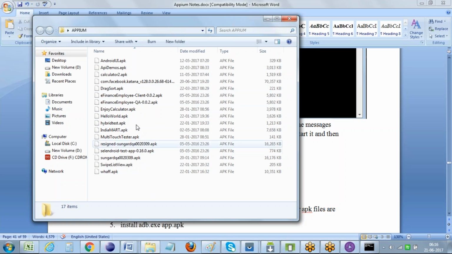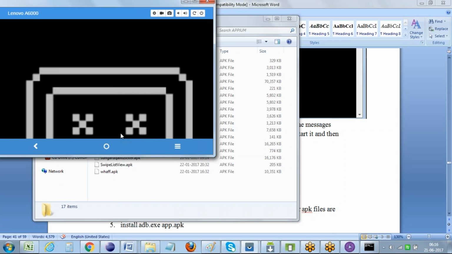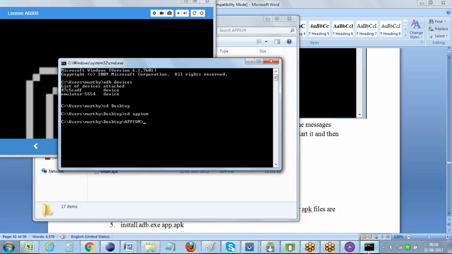Okay, every app was already installed on my mobile. So what I would like to do is check my mobile device in the viewer. It's not displaying the mobile device. Hence, what I am doing is